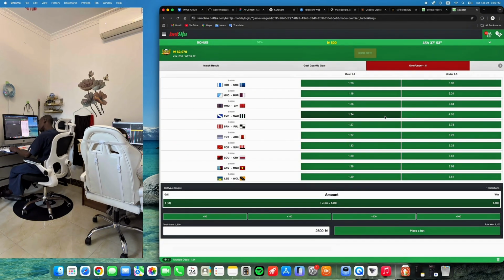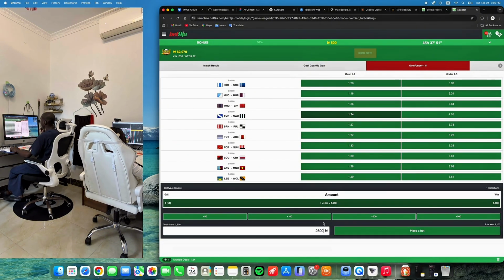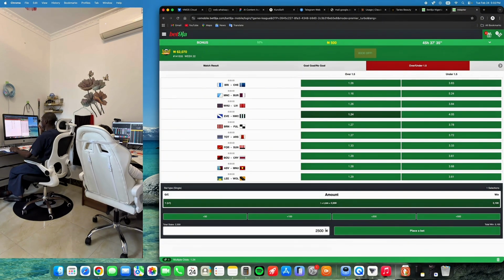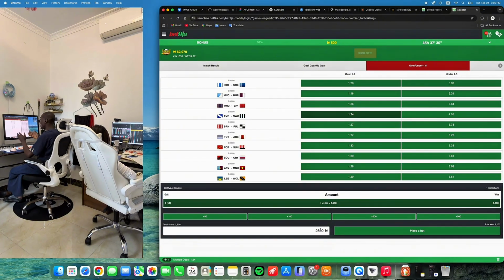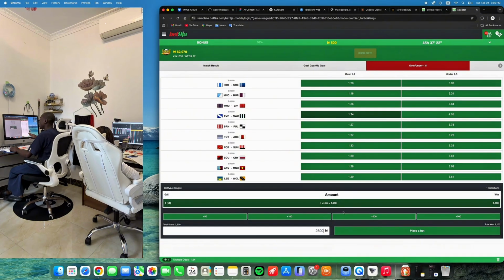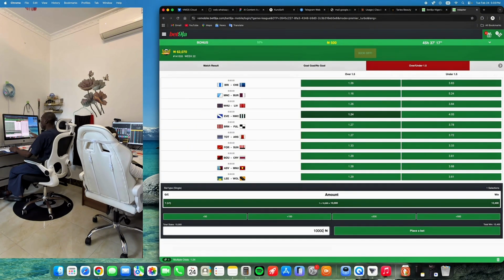But here is the trouble. For now, 2500, anyone can easily use 2500 to make bets, right? Which is understandable. The problem doesn't lie with just this 2500. The problem is, what if this 2500 happens to fail you? Like you don't make a win using this 2500 bet, which means you have lost a total of 3,000 naira. And to recover the 3,000 naira with an odd like this, you will need how much? You will need, let's say, 10,000. Even with 10,000, you have not recovered it.